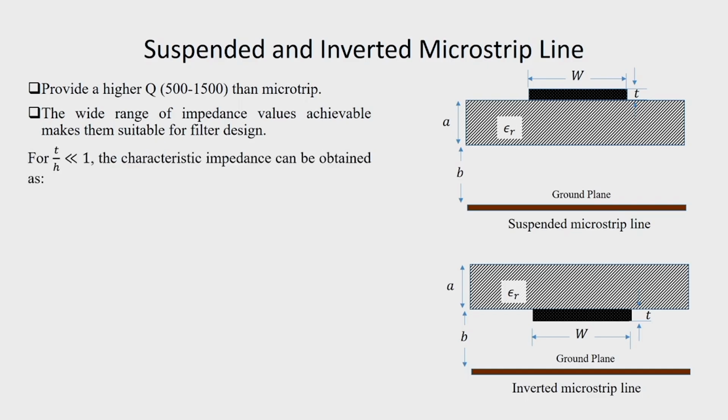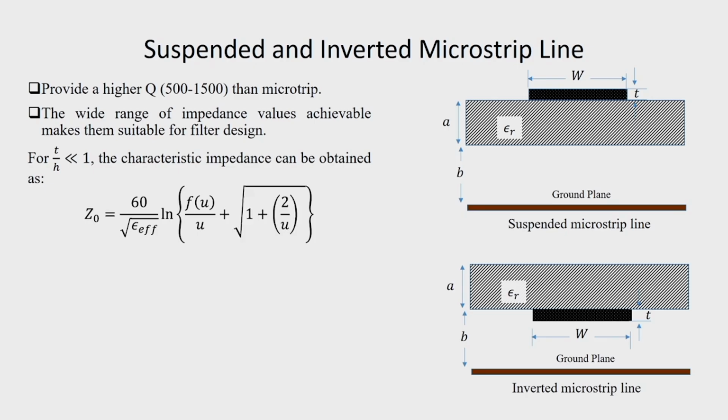The characteristic impedance for T by H much less than 1 can be found as Z naught equal to 60 by square root of effective epsilon, ln of f of u by u plus root of 1 plus (2 by u) whole square, where we define f of u